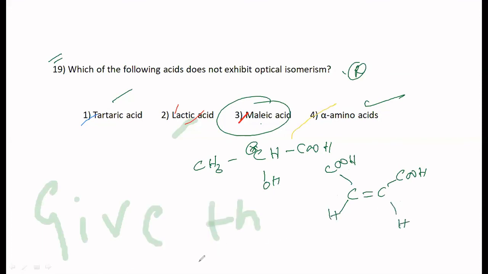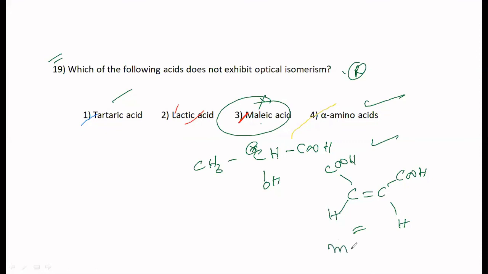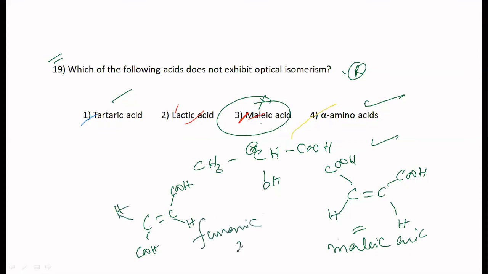Give the structure of maleic acid, ma'am. Yeah, this is maleic acid. I have written it on the board, correct? Yes, ma'am. The trans form is called fumaric acid. The COOH group will be on the opposite side. So this is the one which cannot show optical isomerism, but it shows geometrical isomerism. This is maleic acid. So fumaric acid will be like this: COOH, COOH, they are trans to each other, hydrogen and hydrogen. Fumaric acid. Fine. Any doubts?